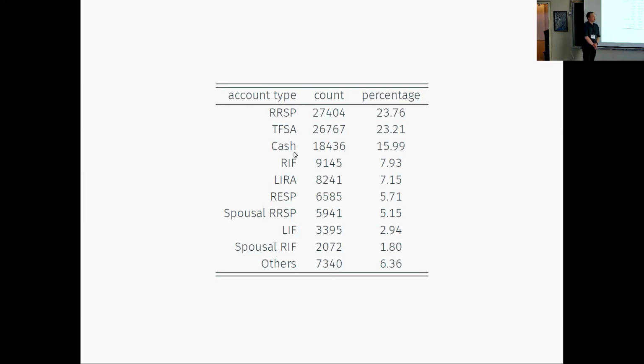The majority of the accounts are in Canadian dollars, although we have some accounts in US dollars. For this project, I analyze RRSP only because for RRSP accounts, there are a lot of regulations and you can't do whatever you want. For example, although under certain circumstances you can withdraw from your RRSP account, generally if you withdraw, you will have a disadvantage in terms of tax. So clients will have an incentive to not withdraw from their accounts. This is one of the assumptions we make in the project.